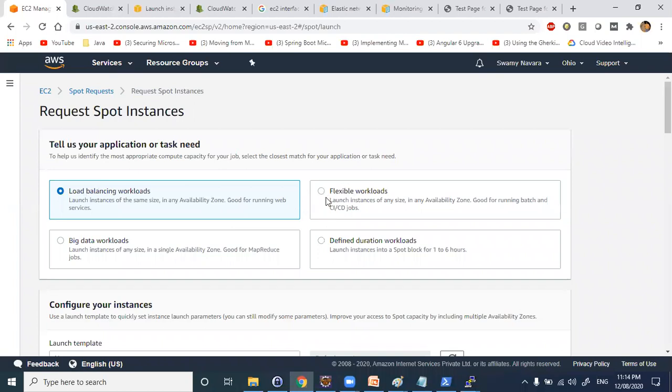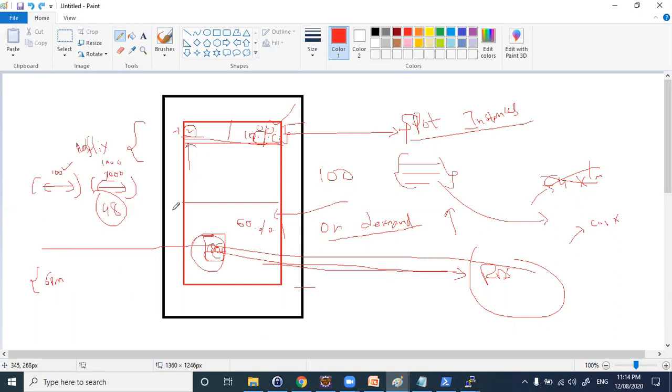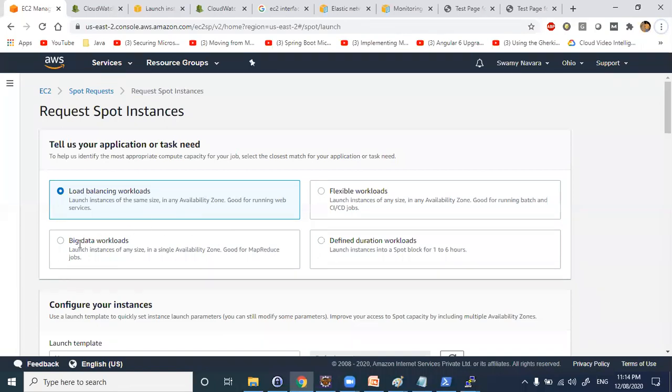Here you can tell what the workloads are. For example, you have a very big data set which is required to move from one machine to another machine. For that you need better servers with more CPU. Then you will be able to move your data quickly within 4-5 hours, and then you can release. So instead of going for a normal machine, you can go for spot instances, do your work and release the machine.